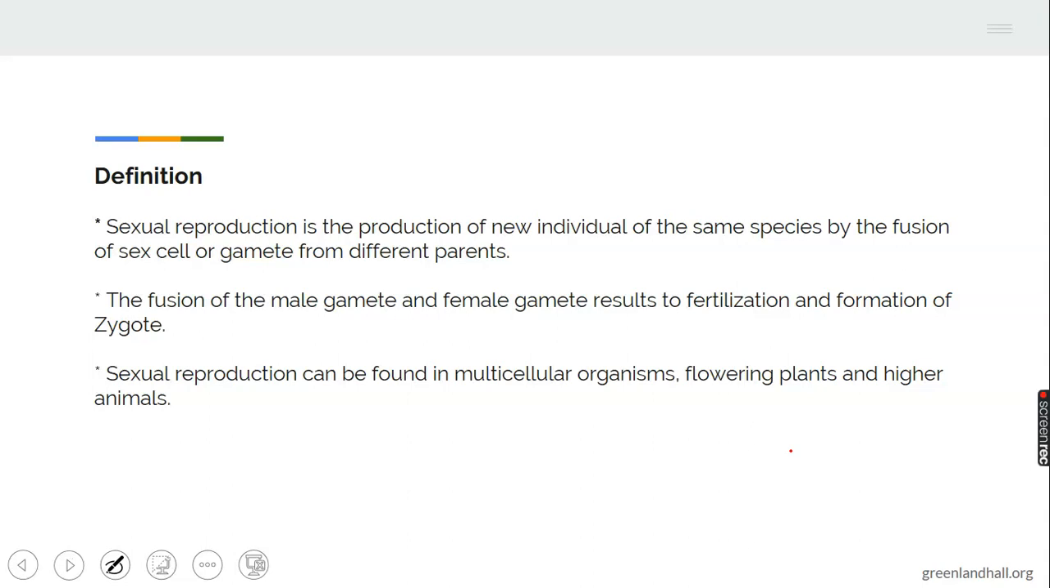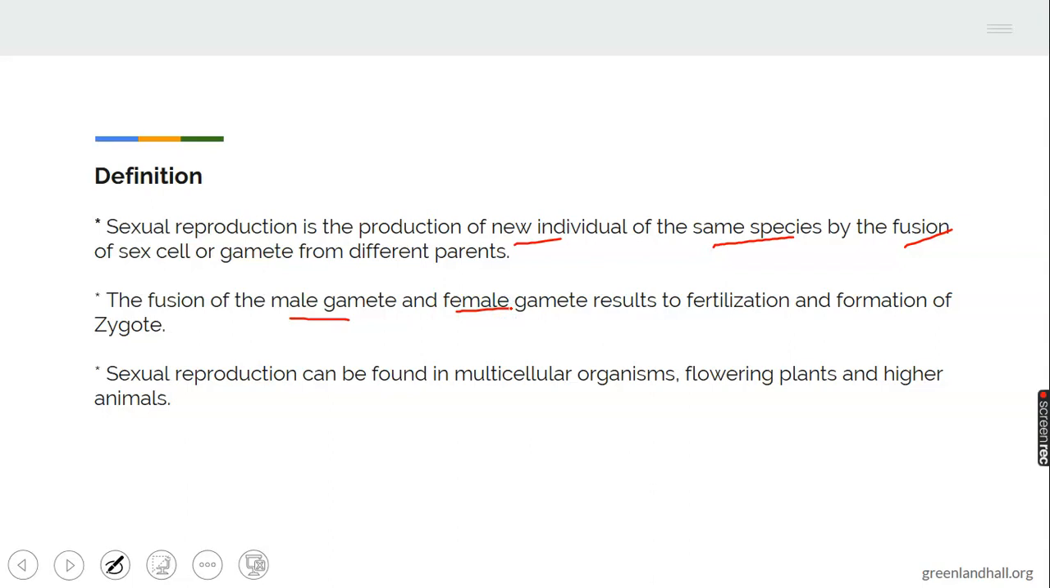Definition. Sexual reproduction is the production of new individual of same species, that is the key word, of same species, by fusion, that is coming together, of different sex cells. The production of new individual of the same species by fusion of sex cells or gametes from different parents is called sexual reproduction. The fusion of the male gametes and the female gametes